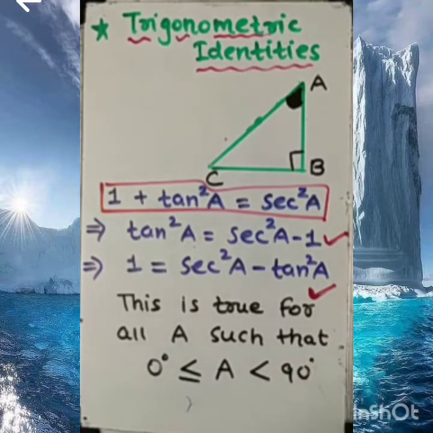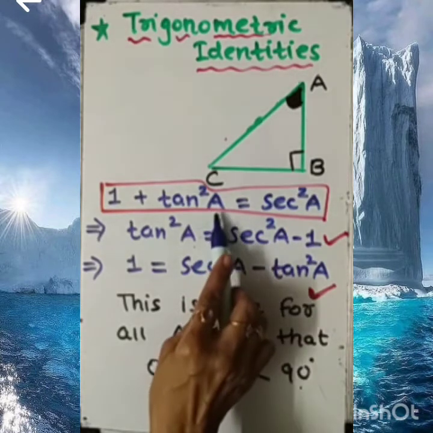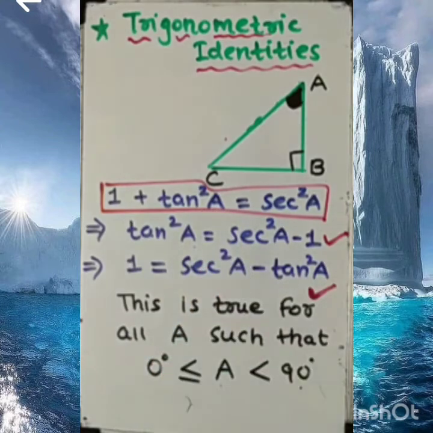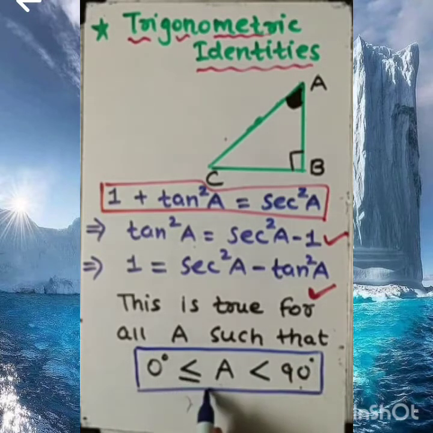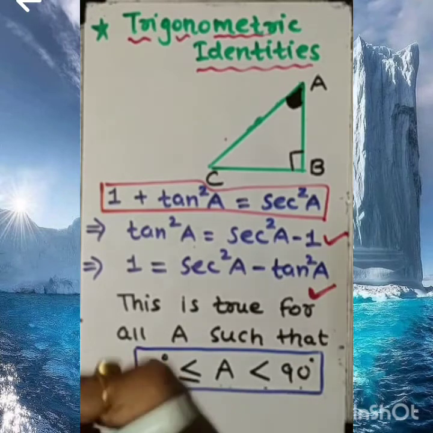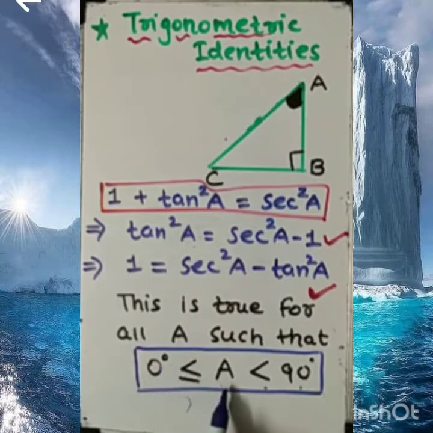Yes, here the condition is something different. Dear student, here A can't be 90 degree. What is the reason? Because if we substitute the value of A as 90 in tan A, you know very well tan 90 is not defined. So here you should not mention not equal to. For the first identity, it is 0 degree less than or equal to A less than or equal to 90. But for this second identity, when we derive, at that time the value of A must not be equal to.